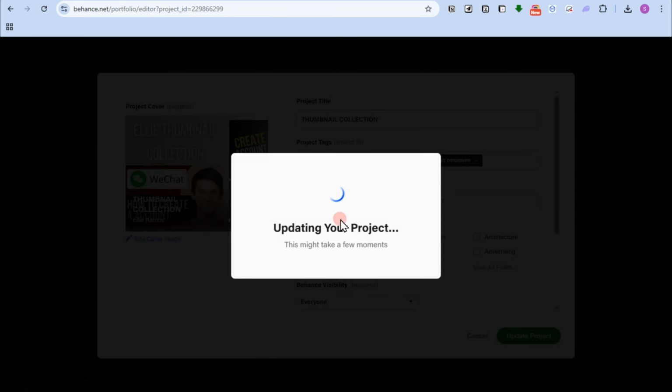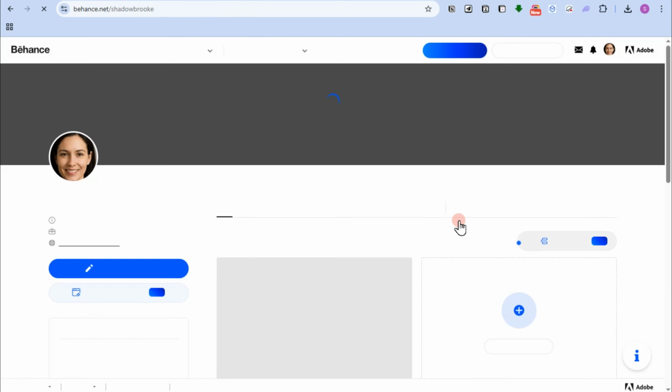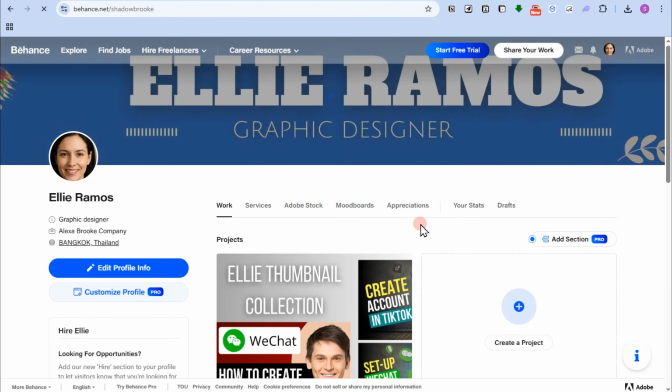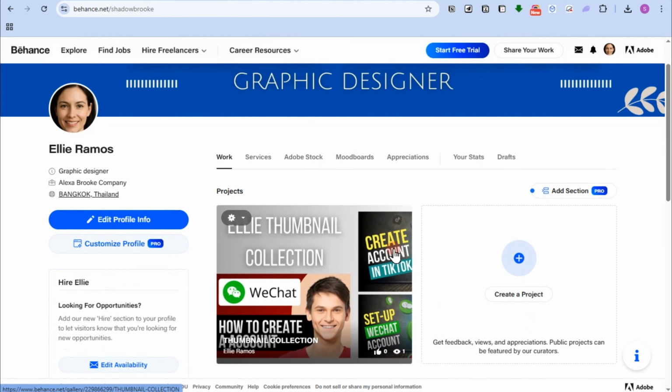So if you go back to your Behance profile and you refresh, then you will see that you have changed your thumbnail, or the thumbnail of your project. So that's how easy it is to create a